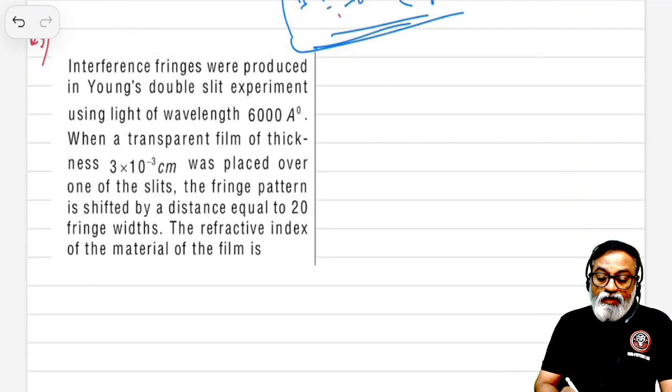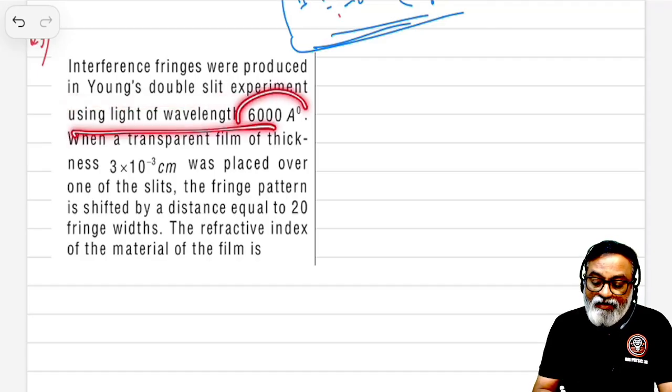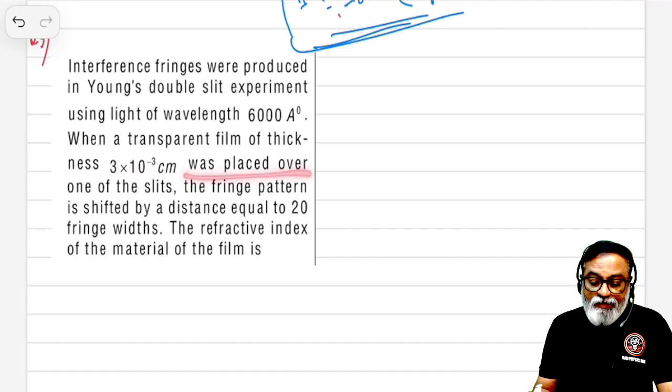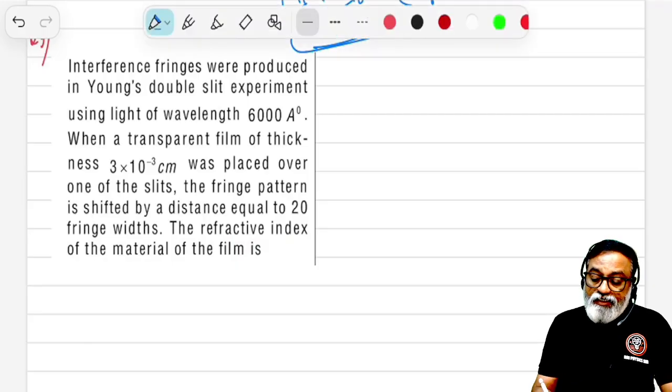Next one. Interference fringes were produced in Young's double slit experiment using light of wavelength 6000 angstroms. When a transparent film of thickness 3 into 10 to the power of minus 3 centimeter was placed over one of the slits, the fringe pattern is shifted by a distance equal to 20 fringe widths. Find the refractive index of the material. Here, shift in terms of beta,